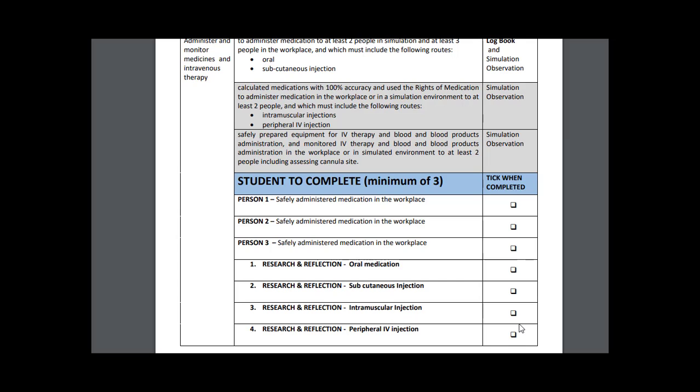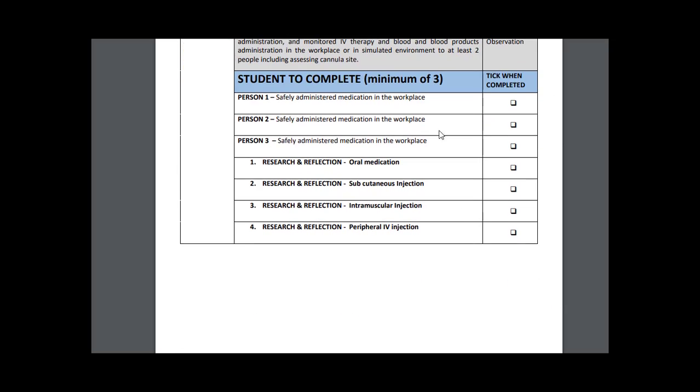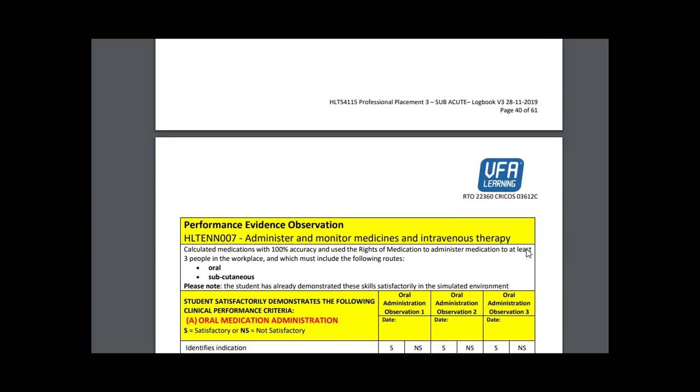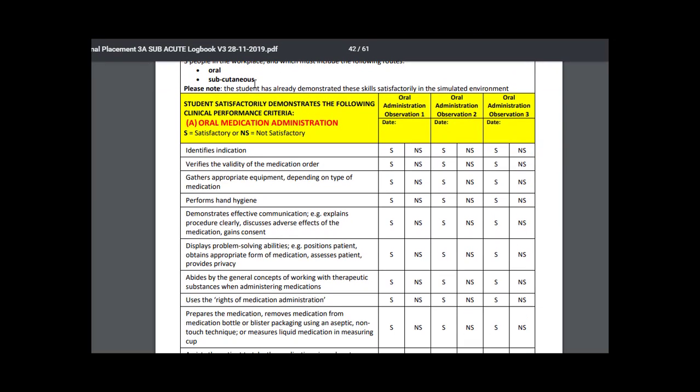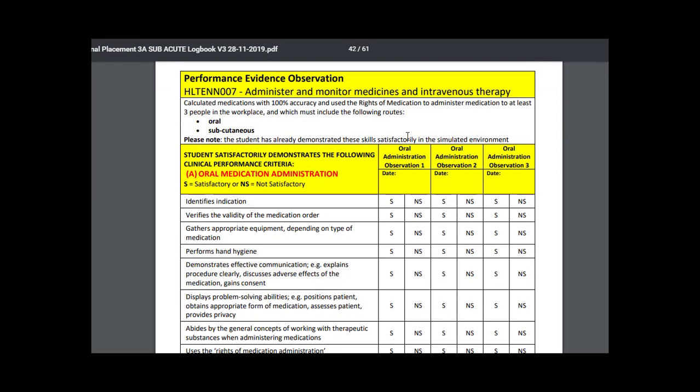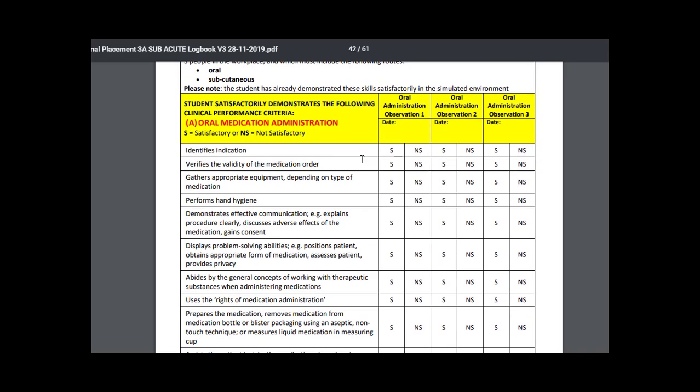If you don't have any patients that have IV medication, then you can randomly select it, but I'll explain that further down. This is just where you check off to keep a tab or a list of where you're at. This is the first checklist, and so you must administer medication to 3 people, oral or subcutaneous medication. Okay, so this one here is first oral medication, 3 oral administrations, and obviously you know